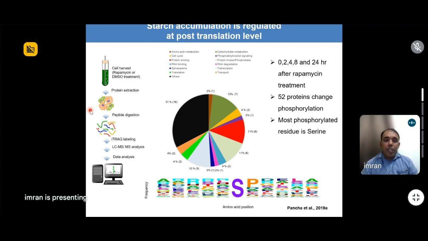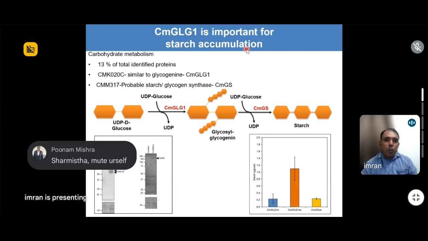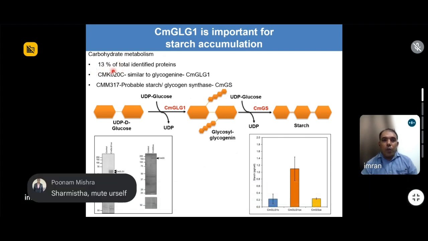So, as I mentioned, we have identified almost 52 proteins involved in the different processes of the cell. We just focus only on the carbohydrate metabolism, and out of 52 proteins, almost 13 proteins are actually involved in